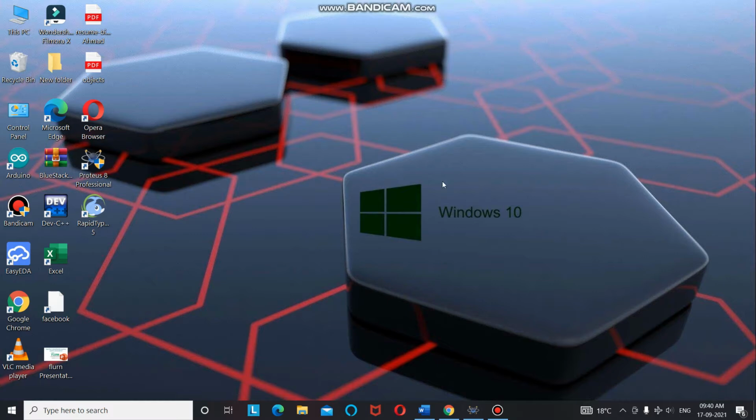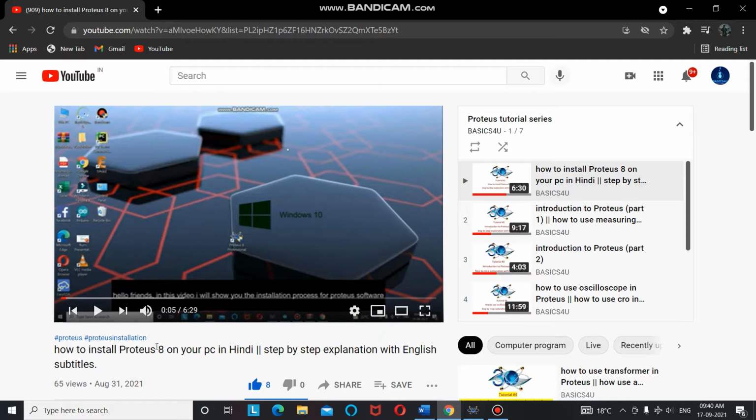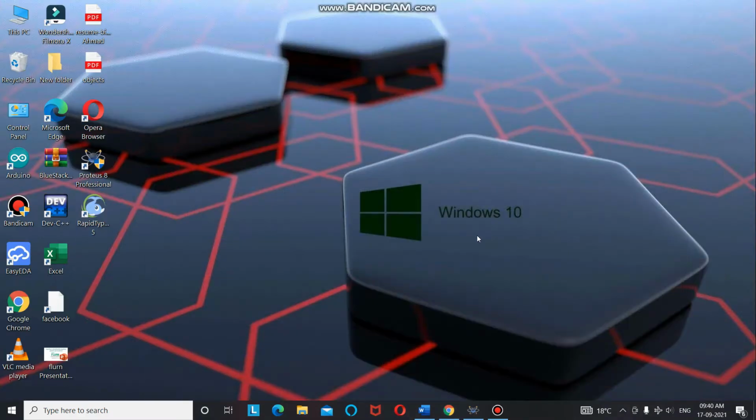So far we were talking about the Proteus tutorial series where we have learned about a lot of things, like how to install Proteus software, how to use different components like oscilloscope or graphs, or how to configure different components as per your requirement. So now we are going to start the Arduino tutorial series. We will write the code in the Arduino IDE and then we will simulate our circuit or test our circuit